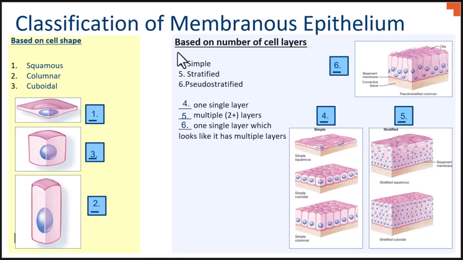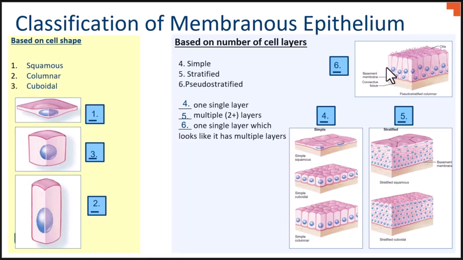The prefix pseudo means not real, or it can be defined as not genuine or a sham. And so we have pseudo-stratified. We know stratified means multiple layers. So this is saying that it's a tissue that looks like it has multiple layers, but it doesn't really. It's a sham. If we look at this example here, it does look like there's multiple layers, but how